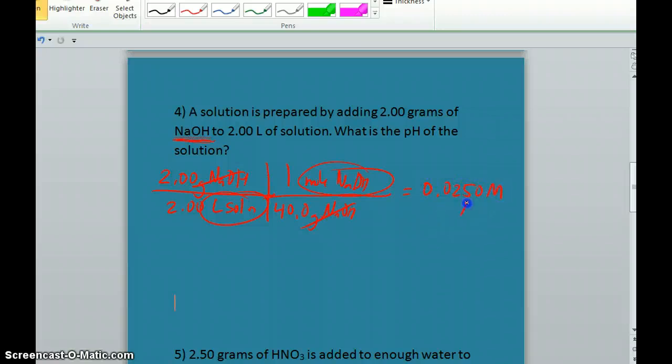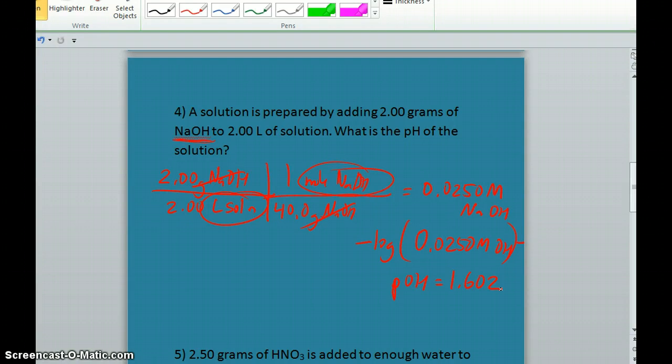0.0250 molar sodium hydroxide. Now, since sodium hydroxide is a strong base, it completely dissociates. So for every mole per liter of sodium hydroxide, I get a mole per liter of hydroxide. For every 0.0250 moles per liter of sodium hydroxide, I get 0.0250 molar hydroxide ion, which is what I need to get a pOH. And the negative log of 0.0250 molar is a pOH of